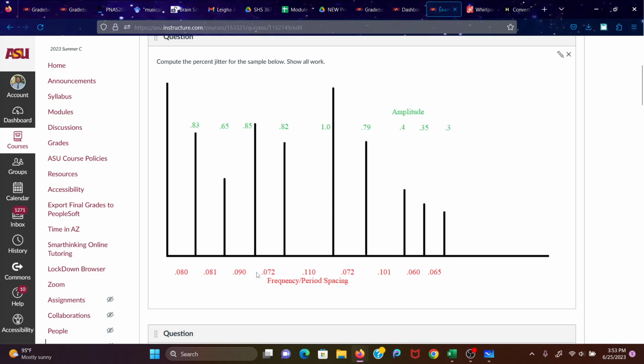Jitter is the frequency down here. So the first one I've got set up is 0.08, 0.081, and 0.09. One of the first things that you want to do, it doesn't really matter which one of these steps you do first, so I'm just going to do this first. But we're going to do 0.08, 0.081, 0.09,